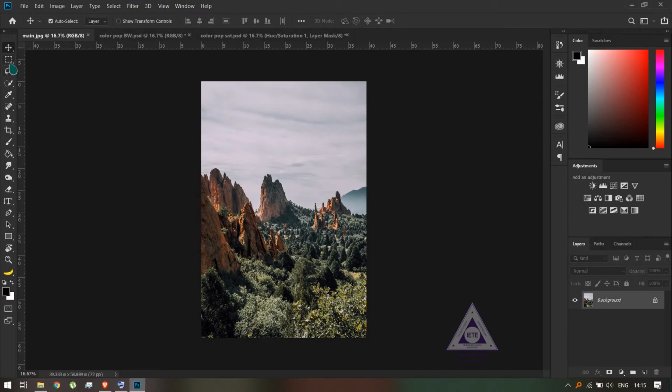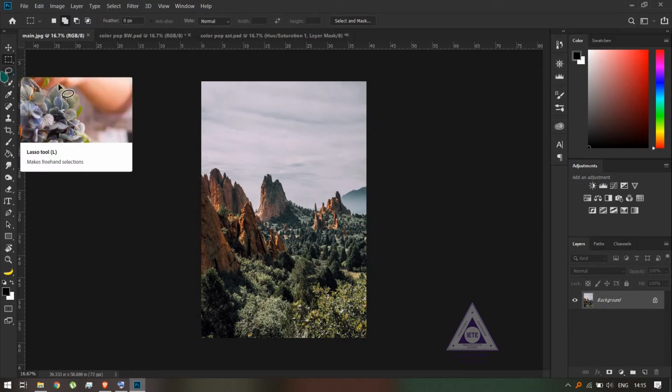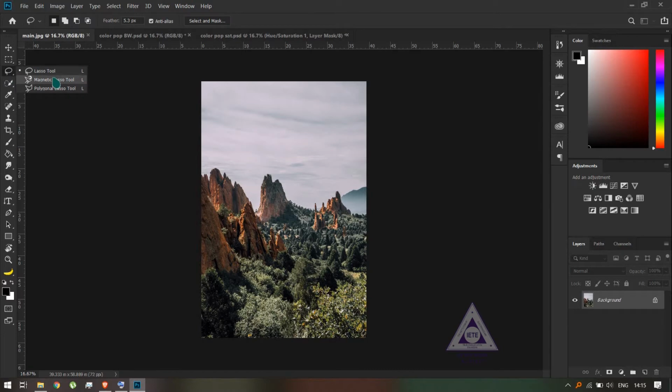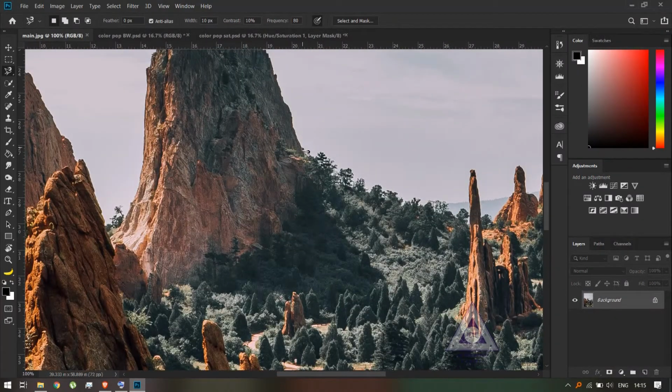So there are many ways to make selections. We can simply use a rectangular tool for basic objects and it can select areas. Or we can also use special tools like the lasso tool, where you can use a magnetic lasso tool where the image is selected by taking the cursor around the object you want to select. But in using this tool, many of the edges are not very refined, so we do not use this tool that often. But all the tools available in the application have their purposes.